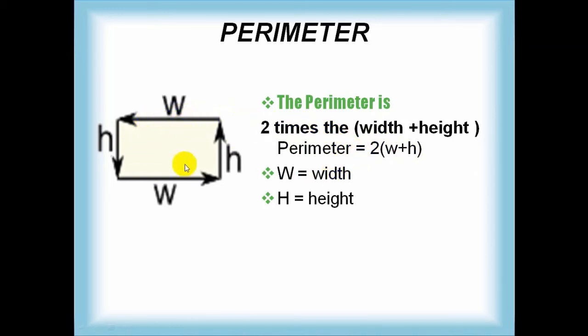So dear students, note how to find the perimeter of the rectangle: length plus width multiplied by 2. Why length plus width multiplied by 2? Because for the perimeter we add all the sides. This rectangle has 4 sides, so length plus width plus length plus width. This can be written simply as 2 into length plus width, meaning W plus H. So this is the formula for the perimeter of a rectangle.